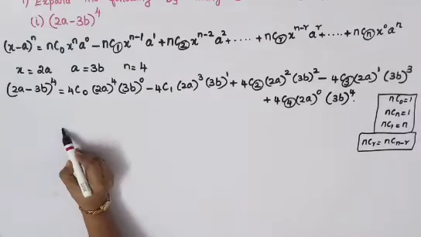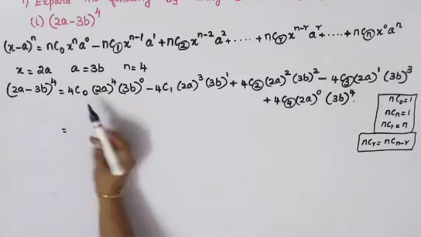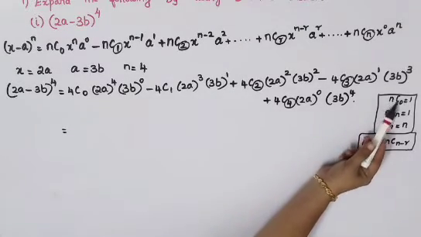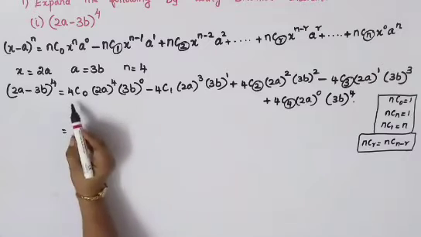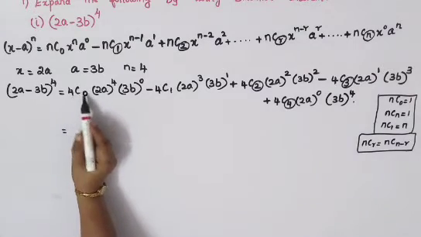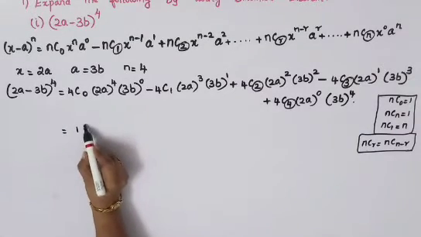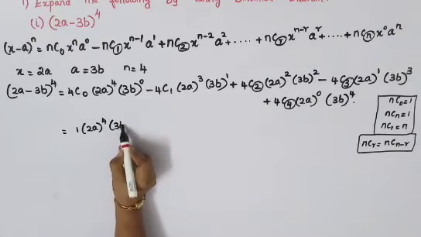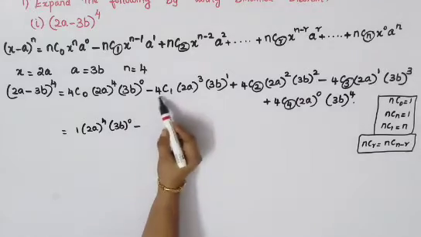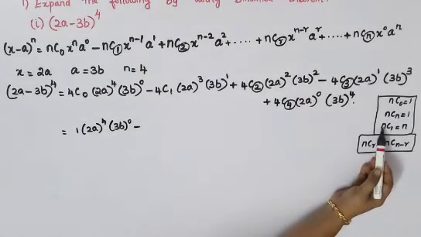So that is equal to 4C0. Here I have just written the formula, that is nC0 is equal to 1. You would have studied these formulas in your combination. So nC0 is equal to 1. In the place of n we have got 4. So 4C0 will be 1. Okay. So 1 into (2a) power 4 into (3b) power 0 minus, so 4C1,